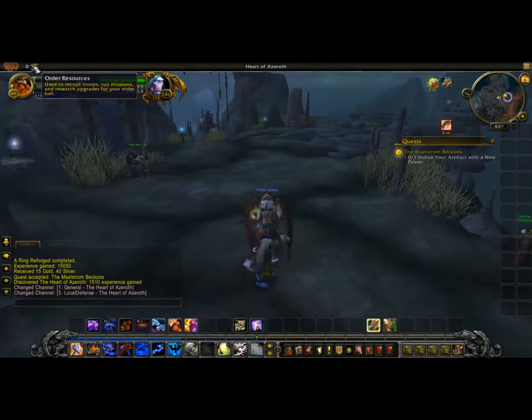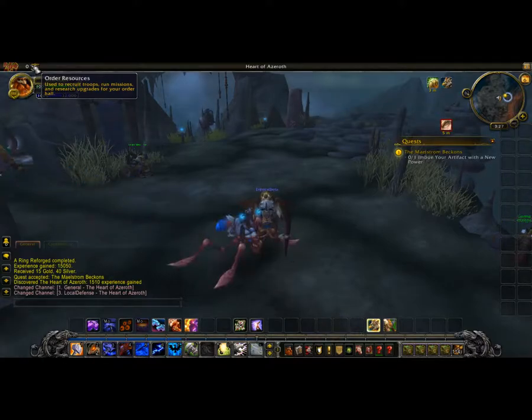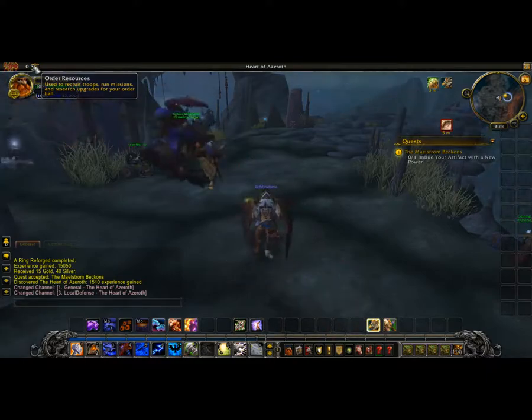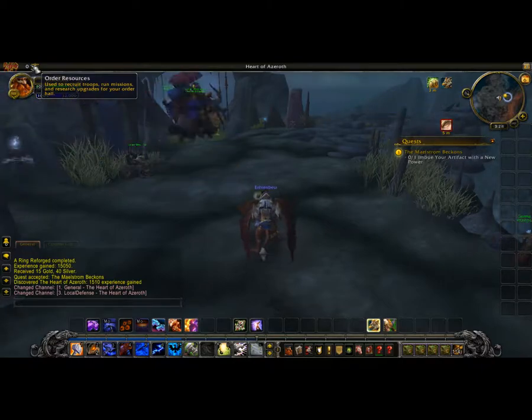I do want to point out a few things about these order resources. When you send them on missions, that is crucial to getting your order hall campaign done as quickly as possible, which is useful in order to upgrade your weapon further with a third relic slot, which we'll take a look at in a moment. You will also use them for the upgrades. The upgrades will give you certain things like the ability to upgrade